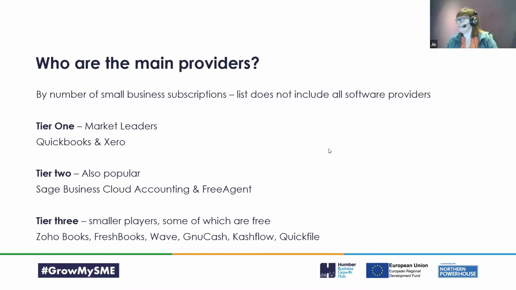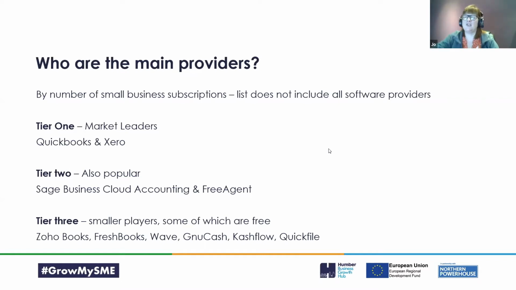So tier 3, there are loads of players in here and some of them are free. And if something's free, you've got to ask who's funding it, because these products need developing. They need money to invest in developing them and keeping them at the forefront of everything that we need. Keep putting in new features and functions. Make sure that there is everything that you need. Give you a well-supported help desk so that if you've got any questions or queries, you can ask them. How are they getting that money if it's a free product? Ask yourself that, and therefore whether or not that might be the product for you.